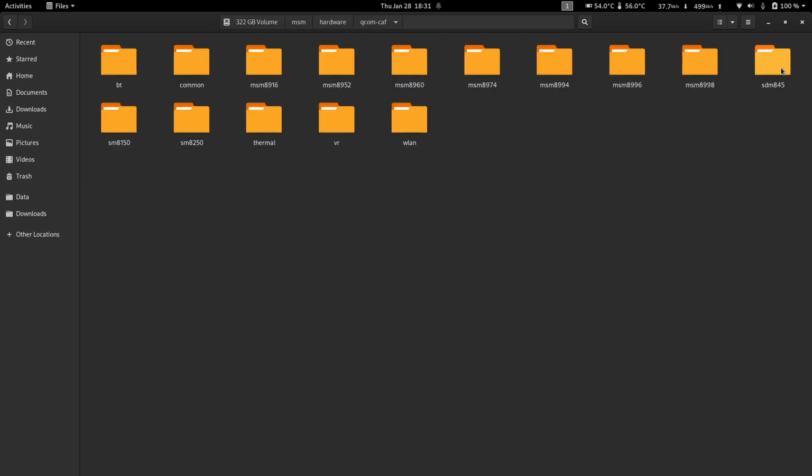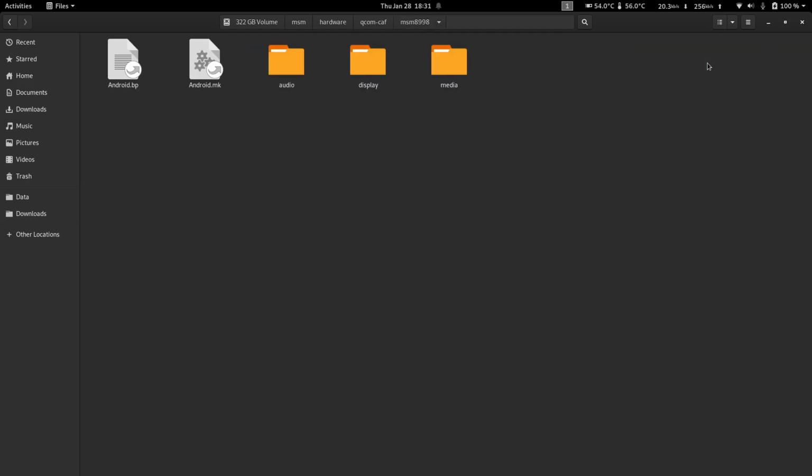So this is a kind of standard. If you take a look inside, you have three folders, which are audio, display, and media. The display contains the display HALs, or something that would let you control your device's display, like changing brightness and all that stuff.